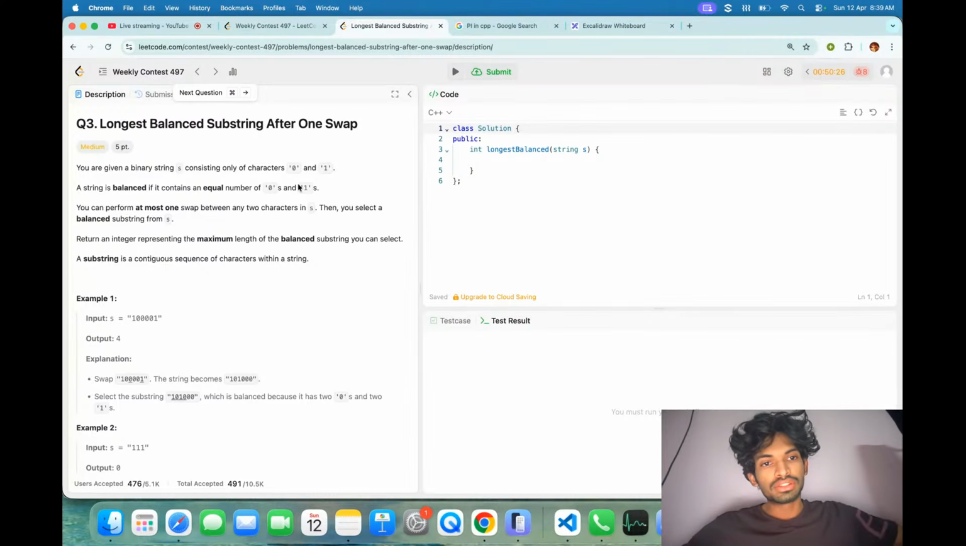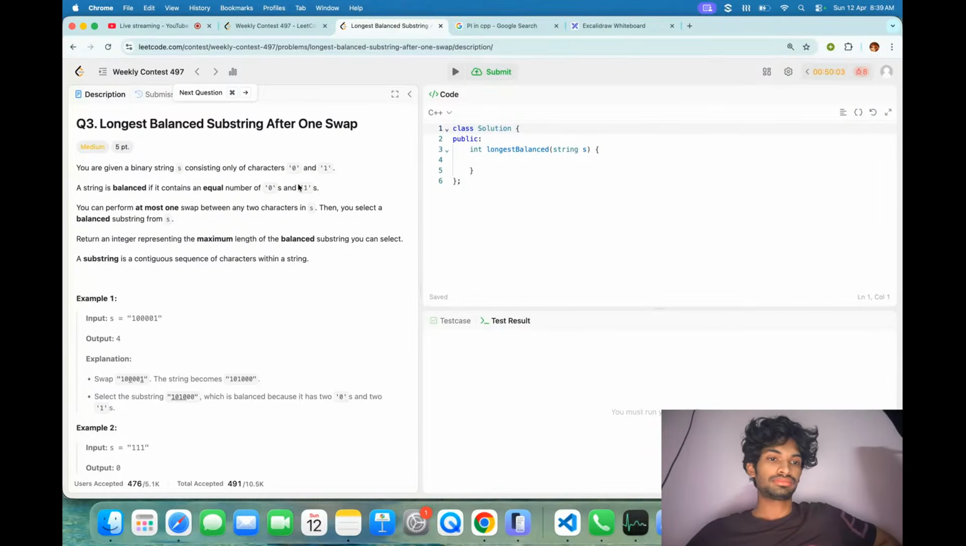You're given a binary string S consisting of characters 0s and 1s. The string is balanced if it contains an equal number of zeros and ones. You can perform at most one swap between any two characters in S, and you select a balanced substring from S. Return an integer representing the maximum length of the balanced substring you can select. So they want, after at most one swap, the maximum length